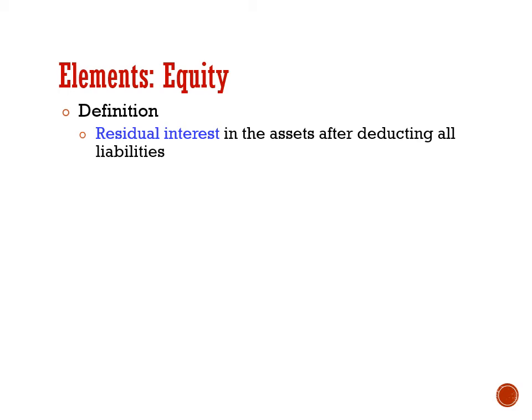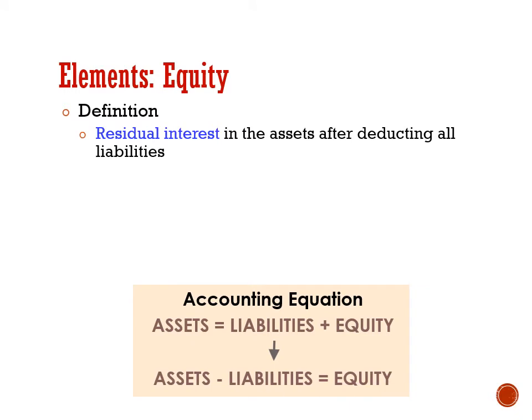The third element is equity. It simply means residual interest in the assets after deducting all liabilities. It actually represents the accounting equation: assets is equivalent to liabilities plus equity, thus equity is whatever remaining from assets after deducting liabilities. We call that residual interest. And this represents what the owner of the business owns, or also known as owner's equity, especially for sole proprietorship